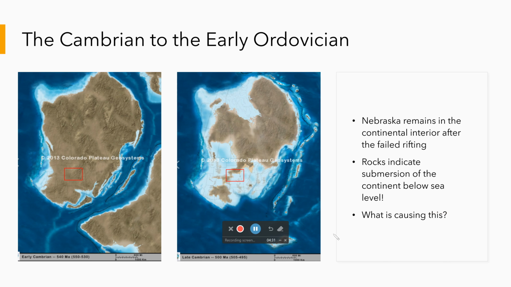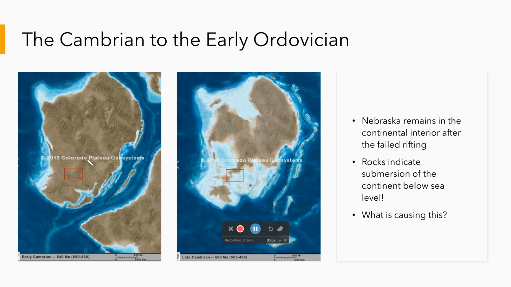Erase them. Okay. So we're going to start out here with the Cambrian to the early Ordovician, and these again are paleogeographic reconstructions that we're seeing here. So on the left is the early Cambrian, which is about 540 million years ago. And on the right is the late Cambrian, which is about 40 million years after that, so about 500 million years ago. During this time, you can see that Nebraska still remains in the continental interior,